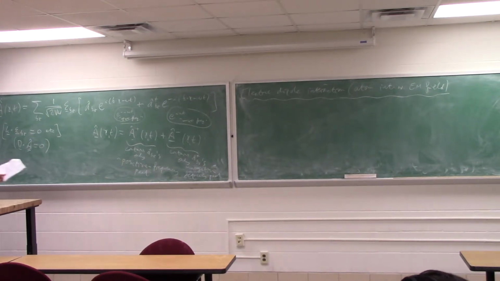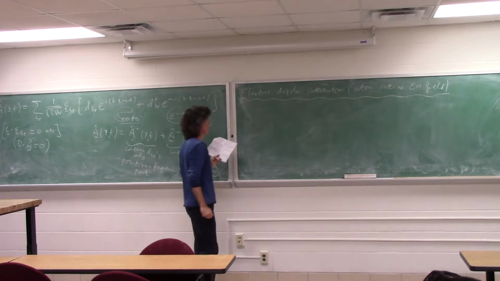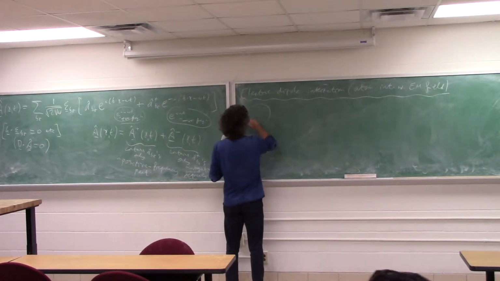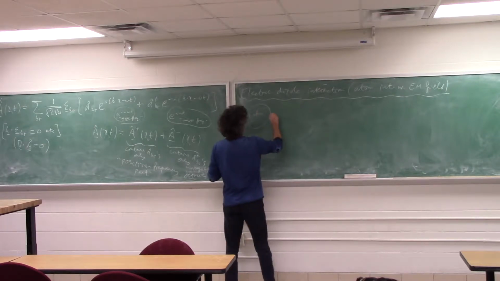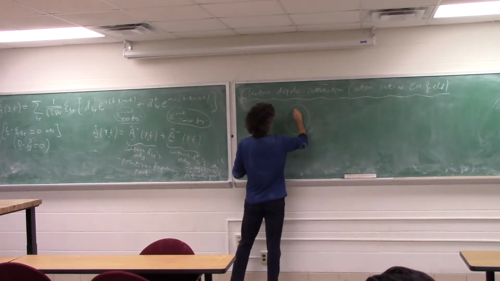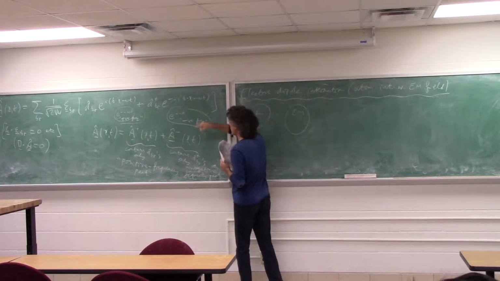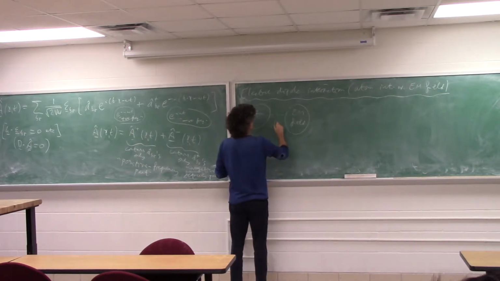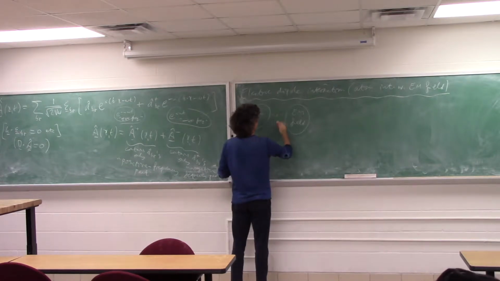We talked a bit about this earlier. To discuss the interaction, imagine here you have an atom and it is interacting with this quantized electromagnetic field that we have over here, there is an interaction Hamiltonian